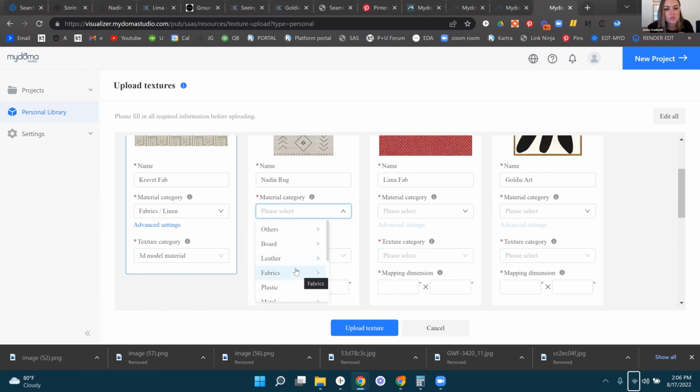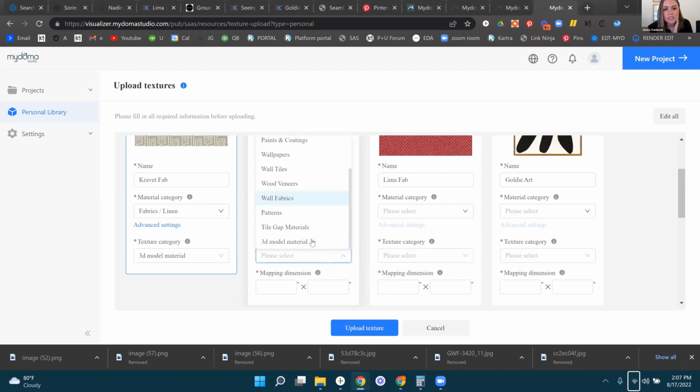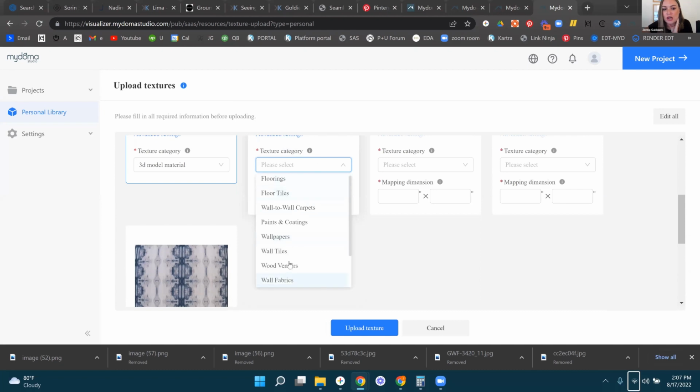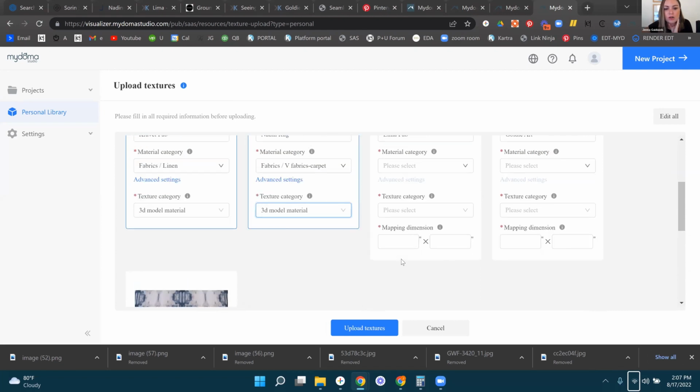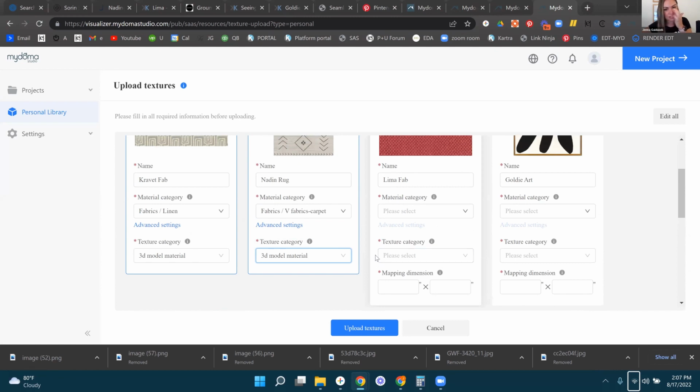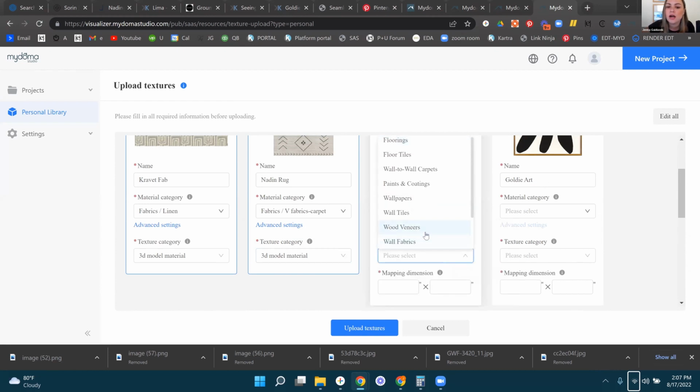Okay, so for this one, it's weird how they put this one. So it's under fabric and then it's under the fabric carpet. And then this one is also actually just under 3D model material. And then it fits directly to the rug template that we're going to be putting it on. Fabrics, linen. A lot of our templated